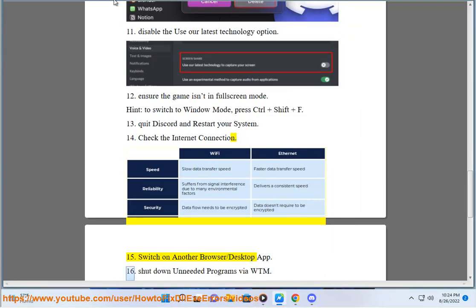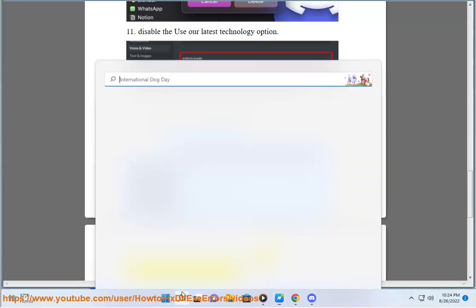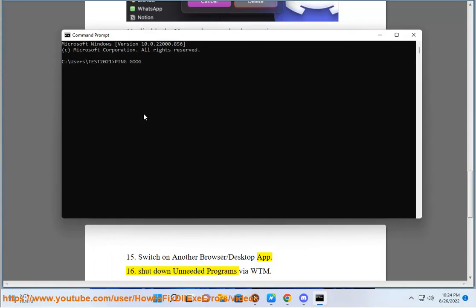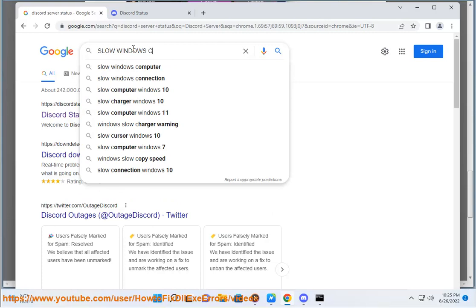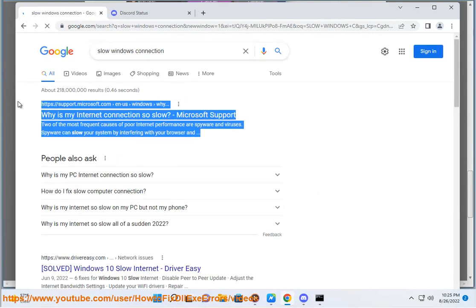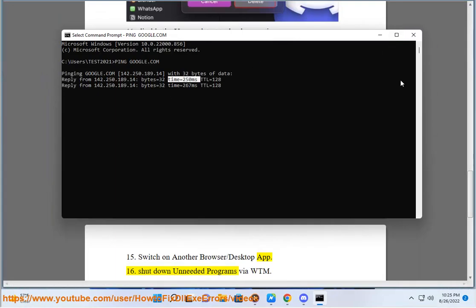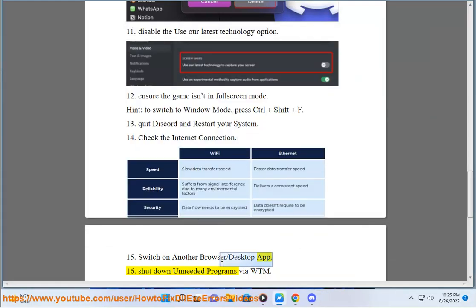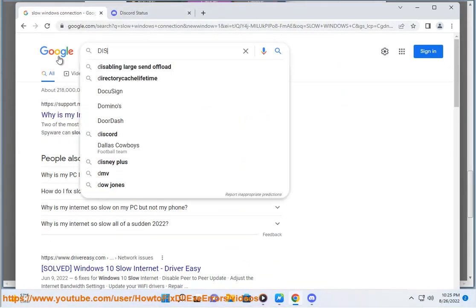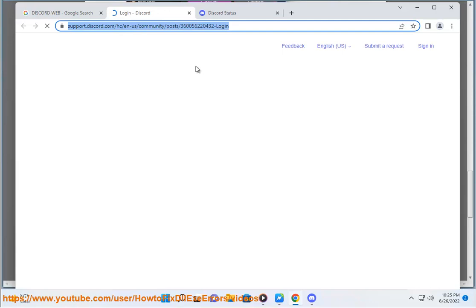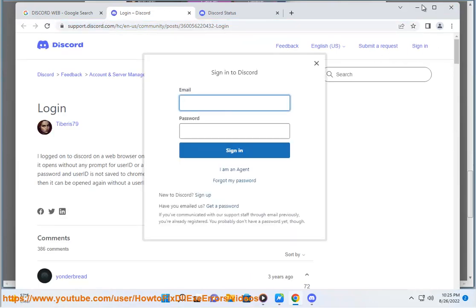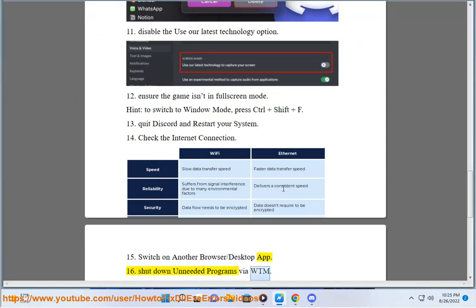Switch on another browser/desktop app. 16. Shut down unneeded programs via Task Manager. Plan B,